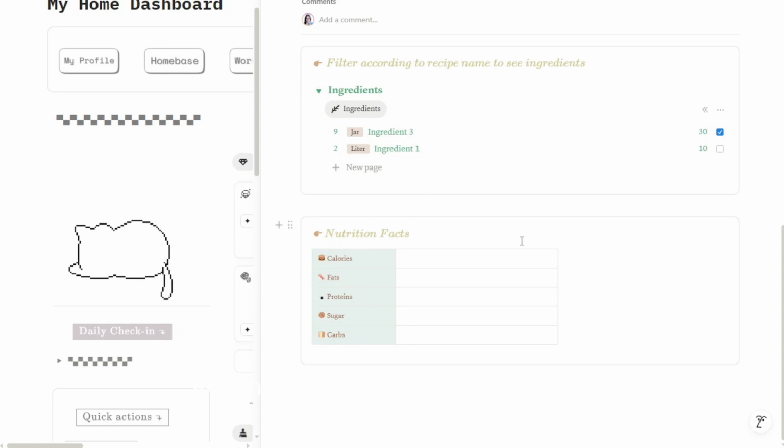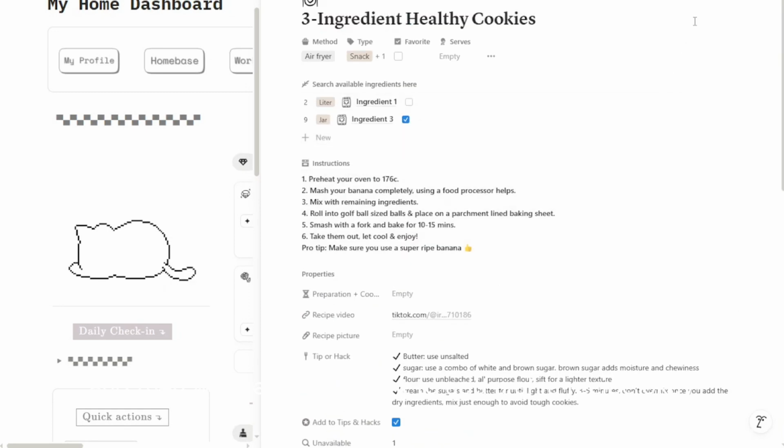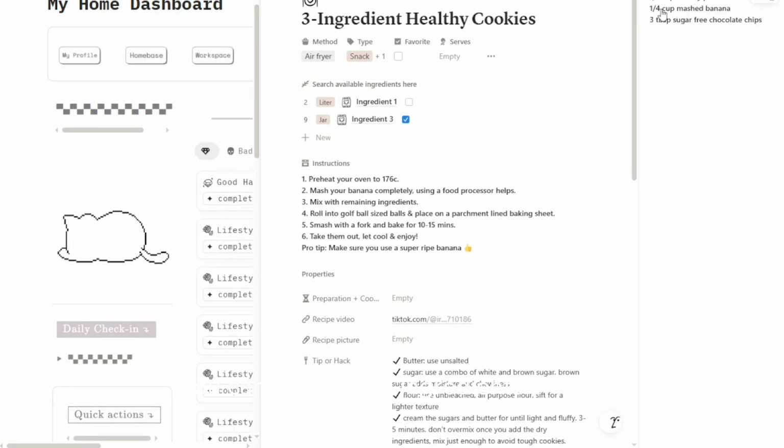And then this is the nutrition facts. You can edit this as you wish. Okay, and then whenever you want to add a recipe, I suggest that instead of using this field here, this search available ingredients here, you can include the ingredients in the text version instead of the database version. Okay, why? Because each time you add this one,